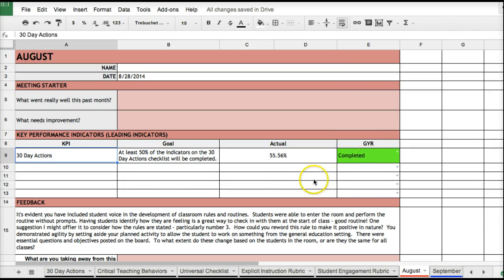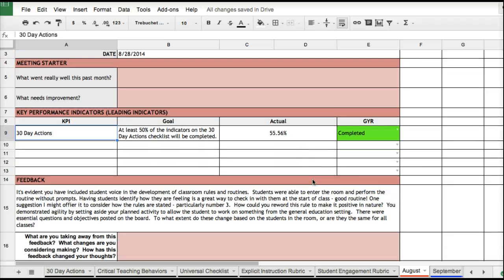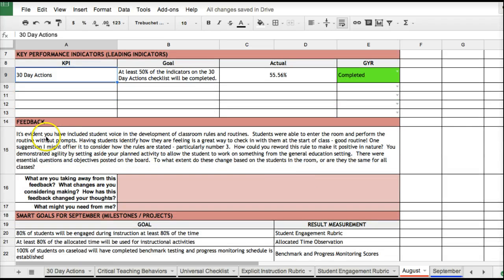She's completed that goal. Then as you scroll down a little farther, you'll see where I've offered feedback, and this is basically just in the form of a narrative. When I talk about feedback, I'm just telling you what I saw that I thought was going well, and some things that I might suggest that you would change, or something that might need to be tweaked a little bit.